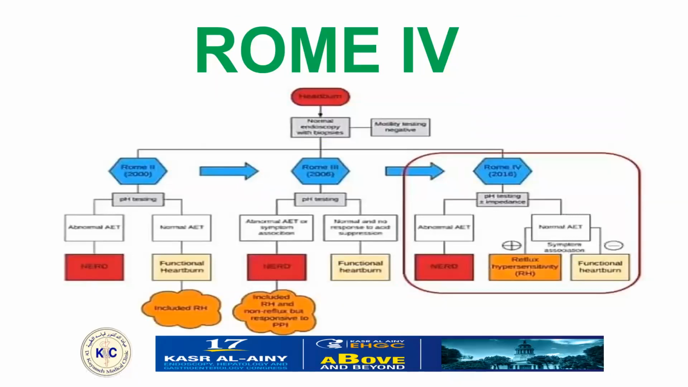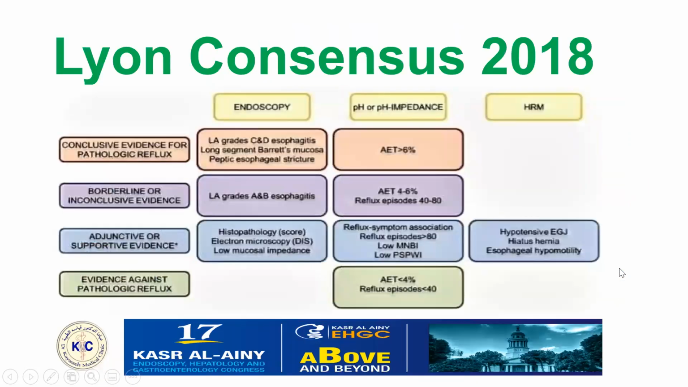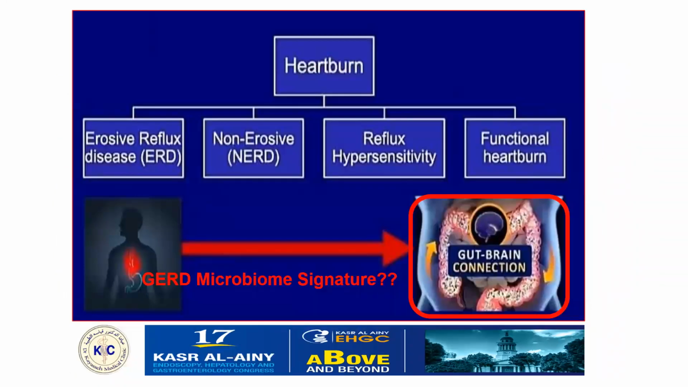Rome 4 criteria, and this is the most important in Rome 4 criteria, which now they are talking about to differentiate between NERD, reflux hypersensitivity, and functional heartburn. And Lyon consensus 2018 also depends on about the same criteria. The last slide, this is heartburn. It can be erosive, it can be non-erosive, reflux hypersensitivity, functional heartburn, and the most important, now we are